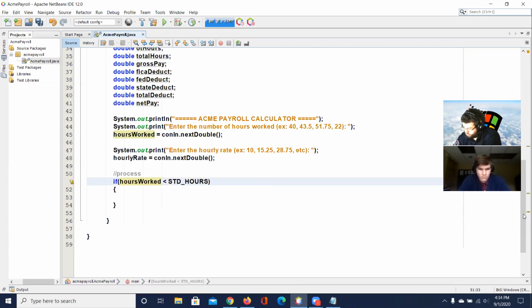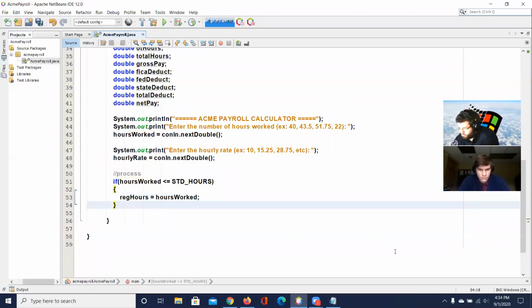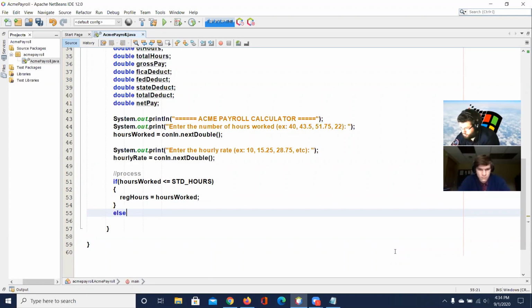If hours worked is less than or equal to standard hours, then reg hours is assigned the value of hours worked. That's much better. Else,